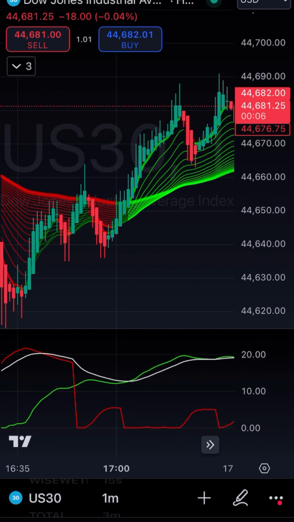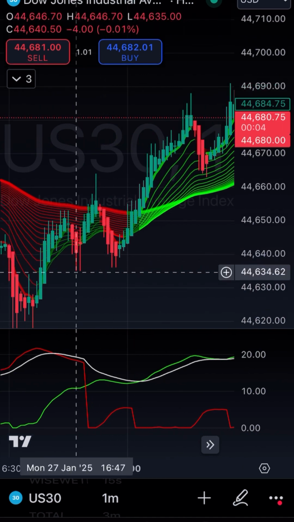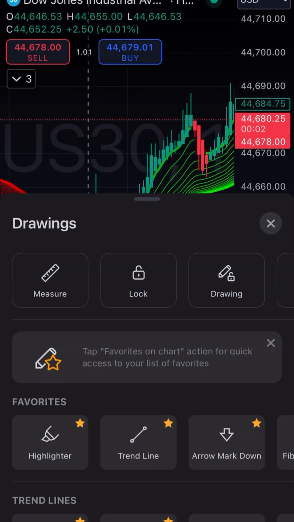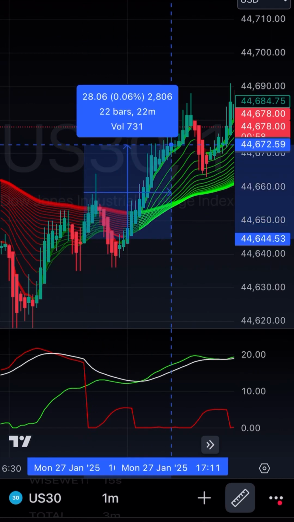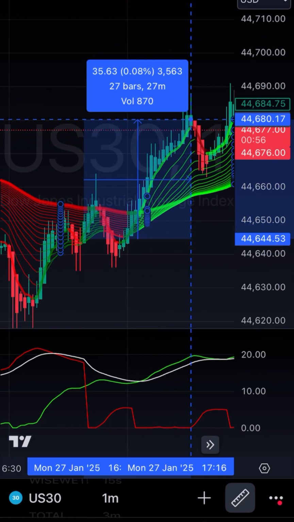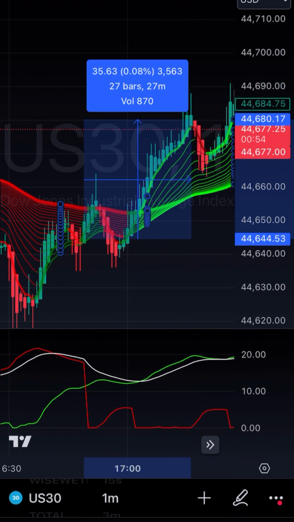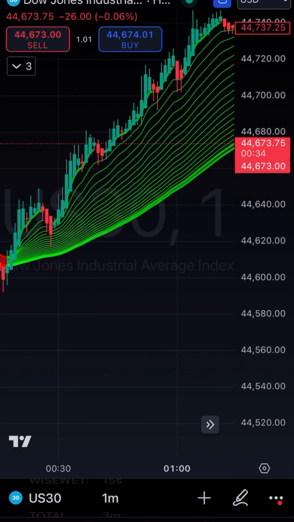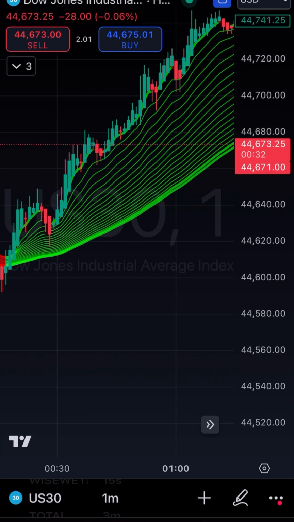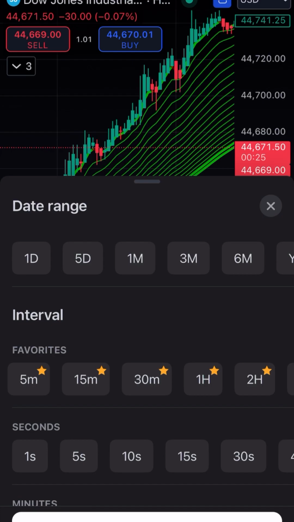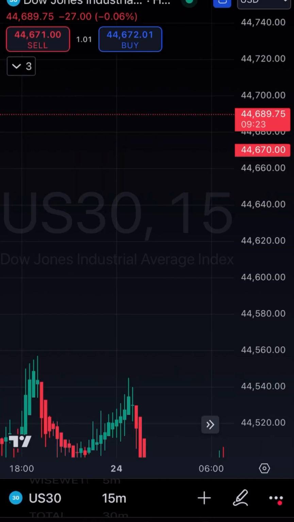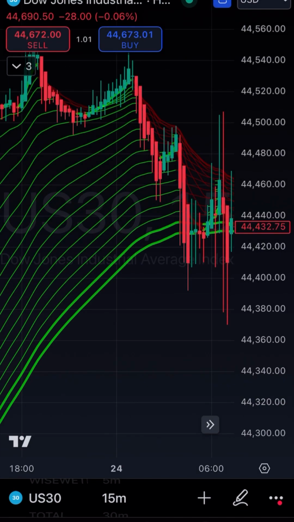See, that's not crossing right here. You see it crossing right about here. So if you come in here, here to up here, maybe $35. Now, if you don't want to do it on a minute, if you want to get more bigger results here, you can do it on, now remember the overall direction is up. So if you want to do 15-minute,